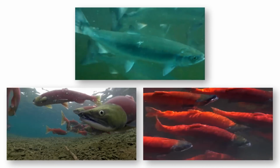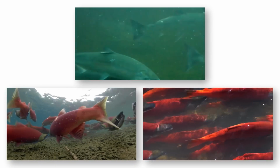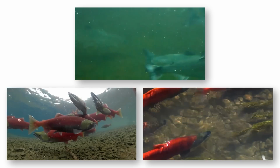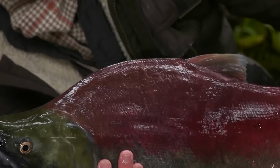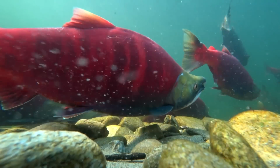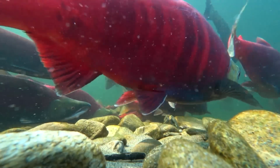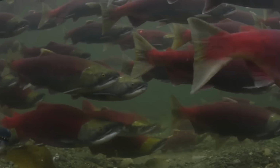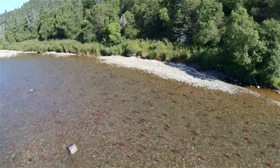In the expanse of the open ocean, it is adorned with a unique hue, a mixture of cool blues interlaced with hints of silver, a coloration that seamlessly blends with its marine surroundings. Yet, when the time comes for these creatures to embark on their pivotal spawning journey, a mesmerizing metamorphosis takes place. Their skin undergoes a vivid transformation, donning a brilliant shade of red that commands attention and symbolizes their determination to